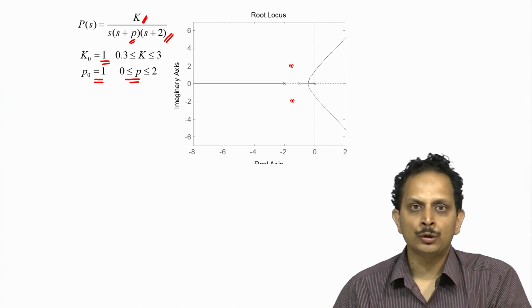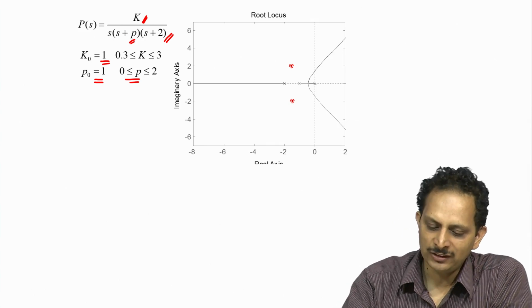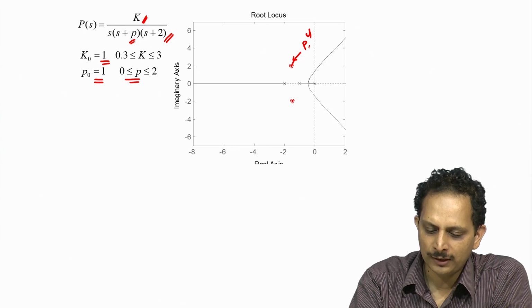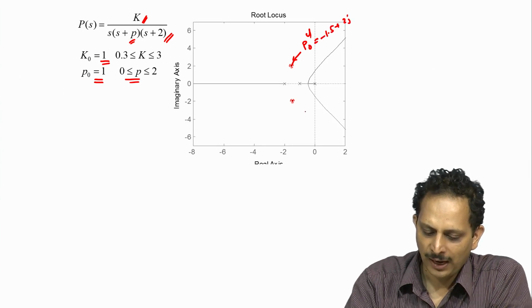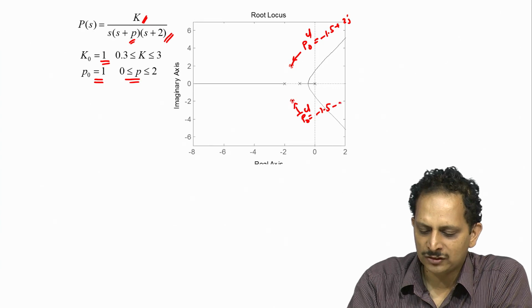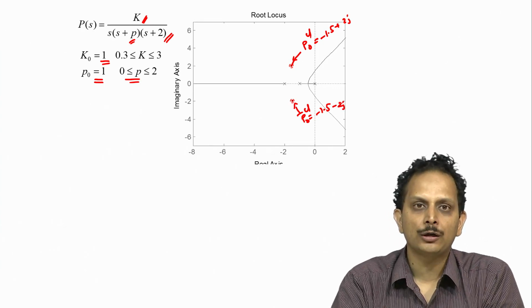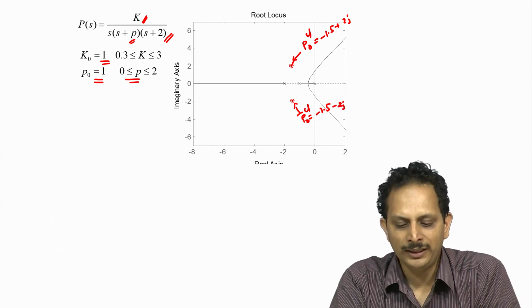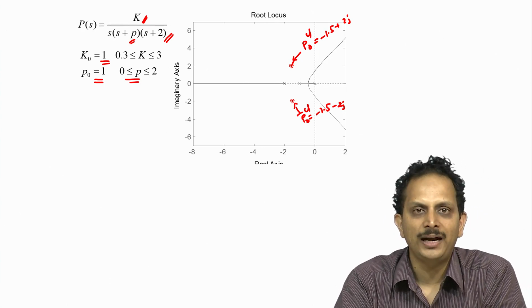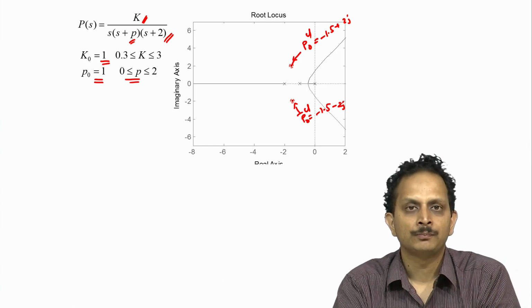Now when we undertook root locus based design, we insisted that the closed loop pole be located at PCL naught equal to minus 1.5 plus 2j, and PCL naught bar equal to minus 1.5 minus 2j. This was where the dominant closed loop poles were expected to be located for the nominal values of the gain k of the plant and its pole location.